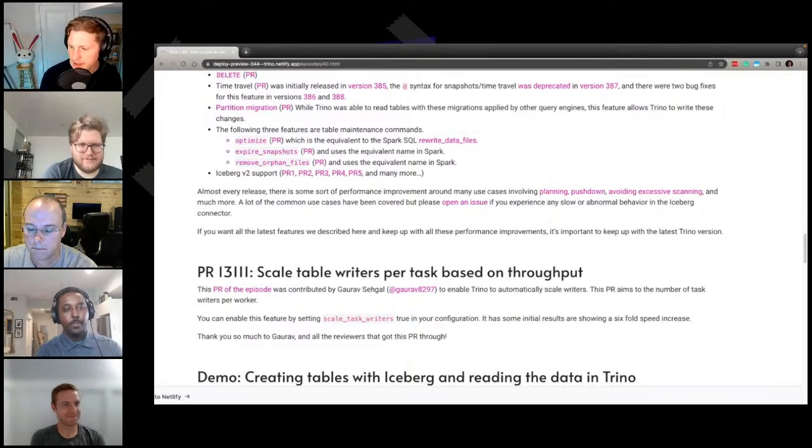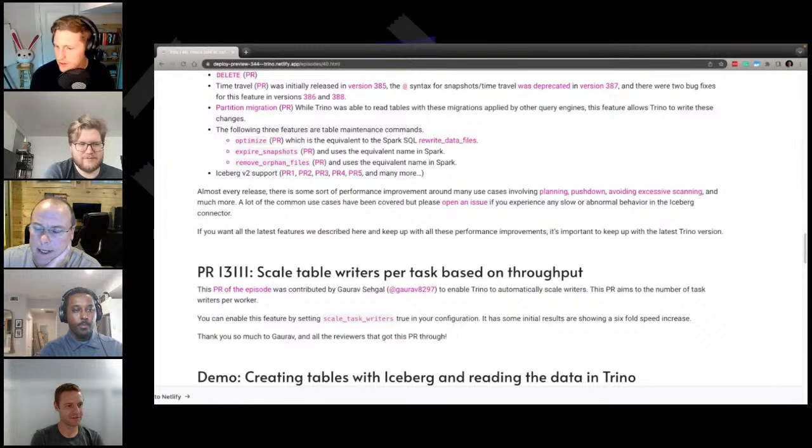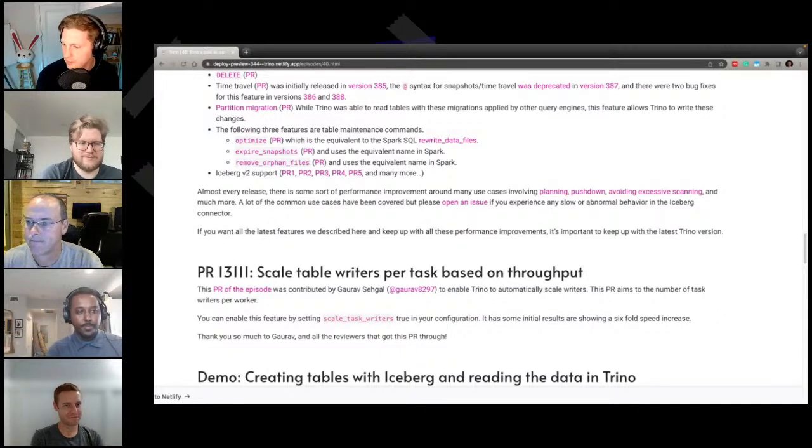Totally. And on that, I talked about Galaxy. For our SaaS solution, we made the decision to default to Iceberg for everything. So if you're just using Galaxy and you start creating tables, it's all Iceberg. That's how confident we are. So that's good news.